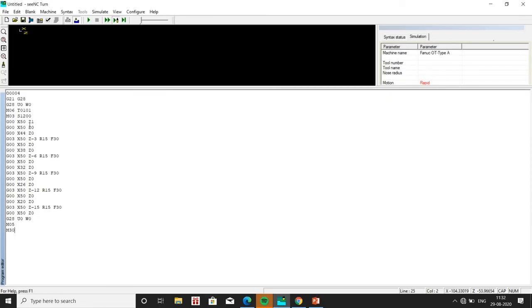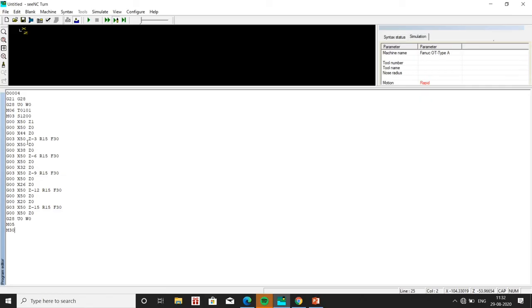So now it comes to X40 Z0, and from X40 it will go to X50 Z-3 through cutting a radius of 15 mm. So then it will again go back to X50 Z0, and then it will come back to X38 Z0. From X38 it will go to X50 Z-6, cutting a radius of 15 mm.